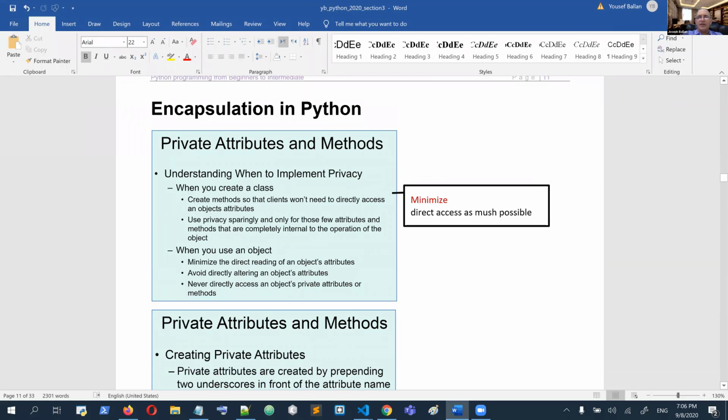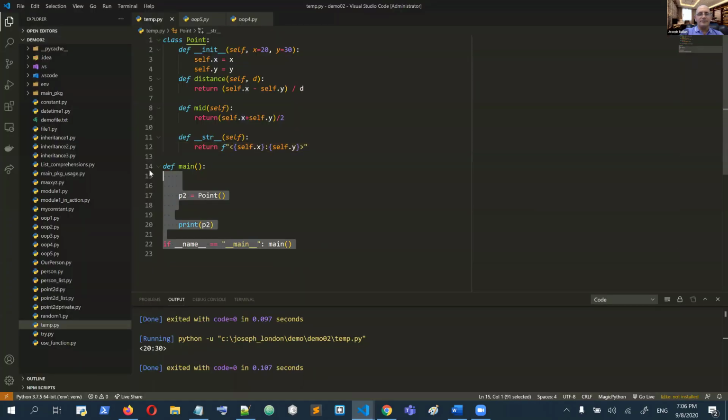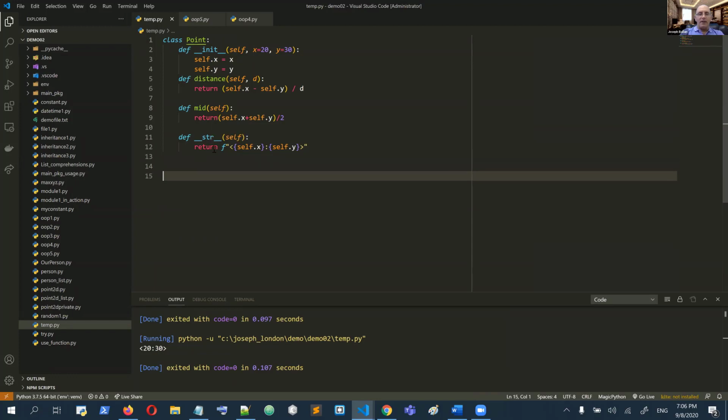Now, encapsulation in Python. Please keep it minimal. This is my tip, which is the most important to remember. Please minimize the direct access to the object as much as possible. Let me introduce this here. This kind of point class, in terms of secure coding, is less secure. Why? Because as we defined an object,